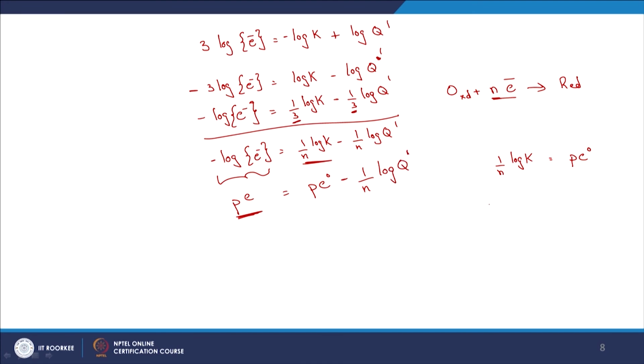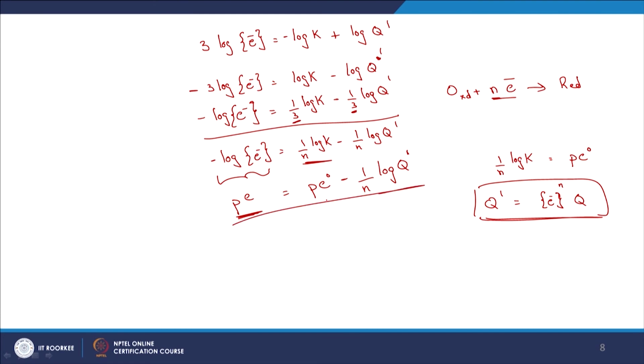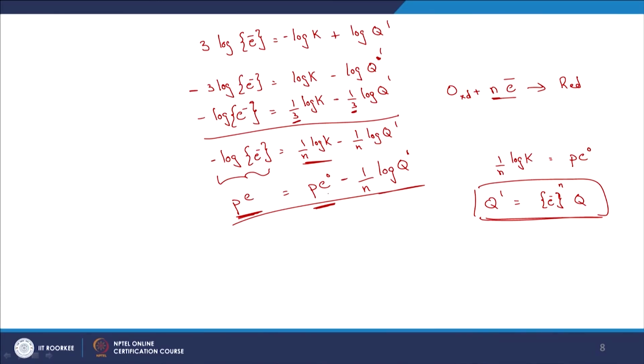And obviously, what was q dash? Q dash is nothing but what we get if you take out the electron term from your particular ion activity product. So, this is what we have here. Now we are going to spend some time understanding the particular aspects with respect to Pe naught, Pe and so on. So, let us first look at what I can understand with respect to Pe naught.